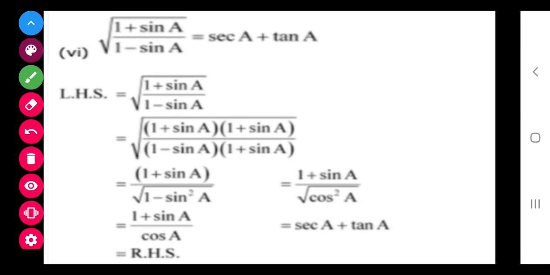So, class, in this also we have to choose which part to solve, this or this. As I have told you, whichever part you find will reduce more, that part you will take. Now here you can see both are equal, but in this one there is a root, so it will be more comfortable to remove the root than to get the root in this. So I am taking this part.